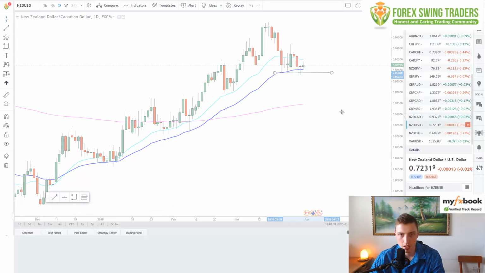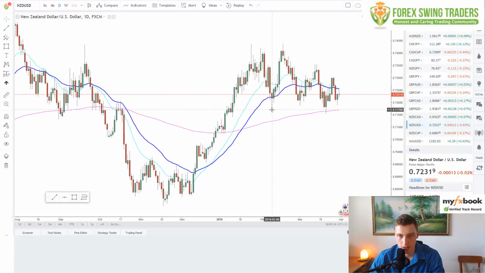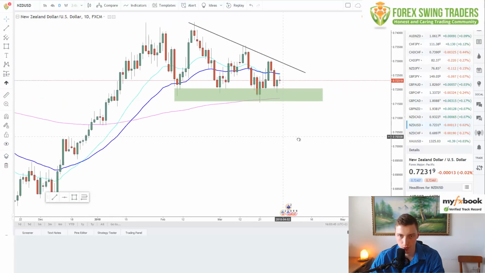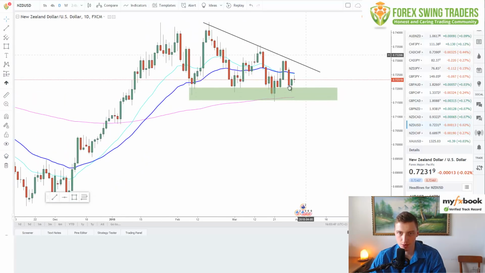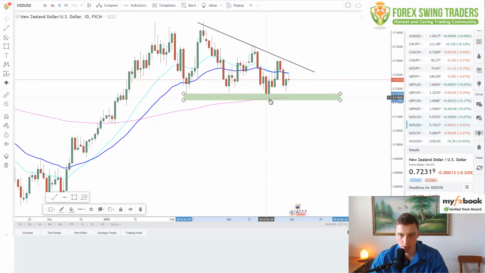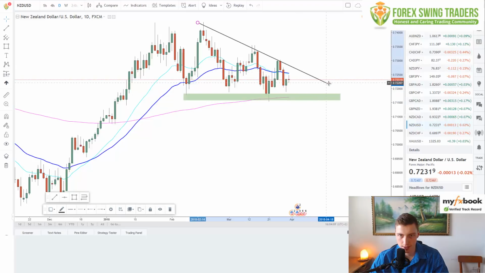Okay. New Zealand CAD on a daily time frame touched the 200 and support, so we're actually sort of in a range. And we personally at Forex Swing Traders in a forum are waiting for a break to the downside or to the upside. We're not interested in scalping in between, okay? We trade weekly, daily time frame and 4-hourly time frame mainly, right? So if you're interested in buying this aggressively, this is the area, okay, this support when the price reaches it. And if you're interested in selling, when price reaches this trend line, once again you can sell,